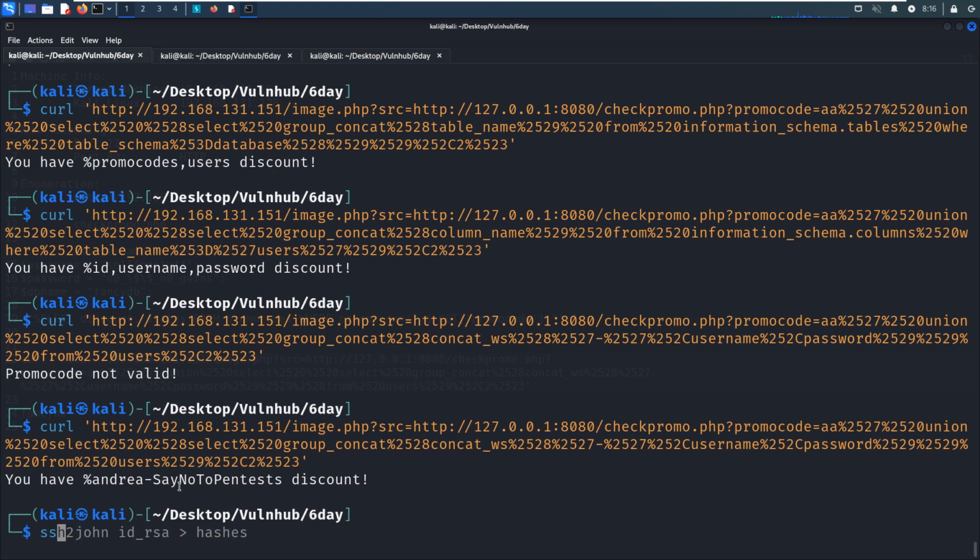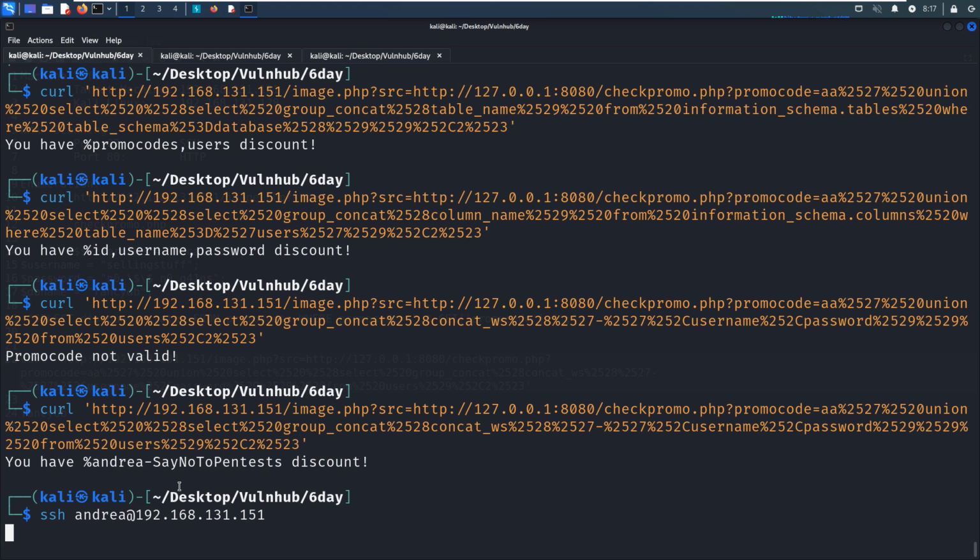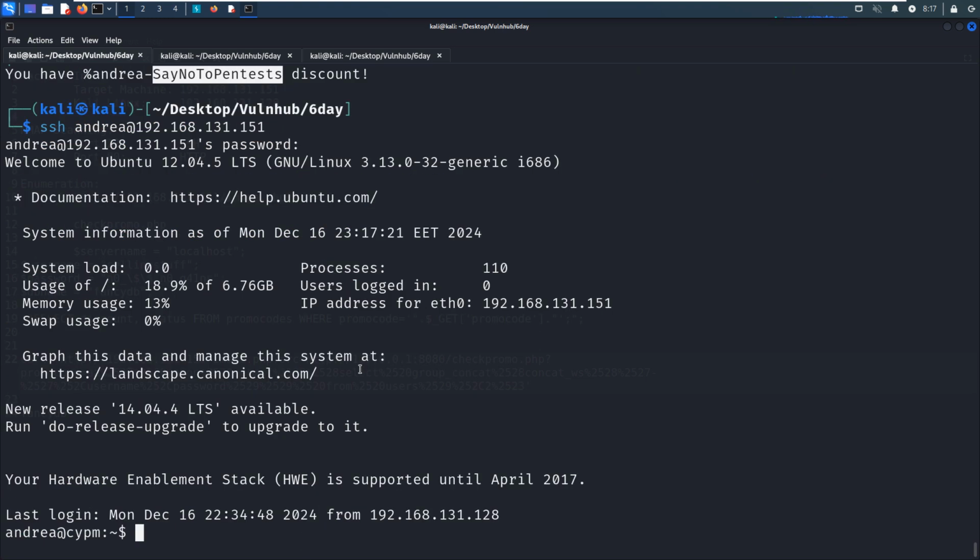So next we can try to use this credential to SSH to the target. We can copy this password. Paste in here. All right.